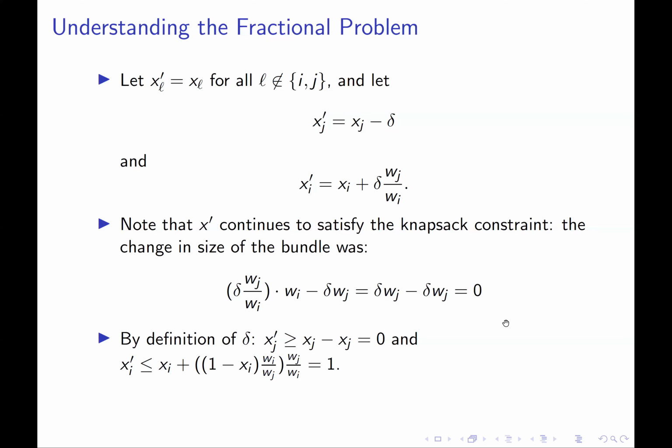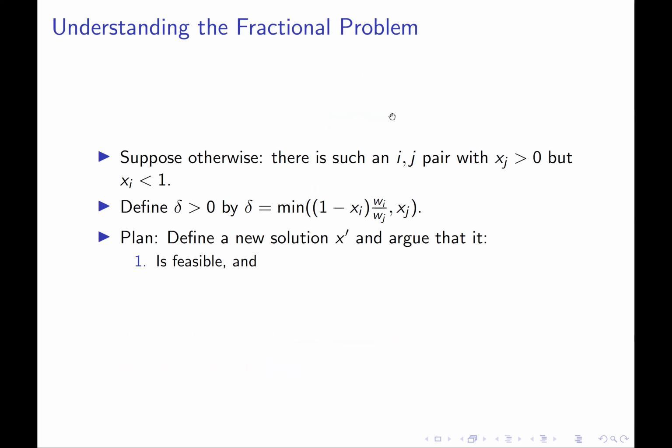And the only other thing we need to check to make sure that we have feasibility is that by performing this surgery, we haven't made any of the weights negative and we haven't made any of the weights exceed 1. And of course, we only need to check this for the two weights we modified, I and j. So we made j smaller. We subtracted delta off from j, and so we need to make sure that we haven't made that negative. Now remember how we defined delta.